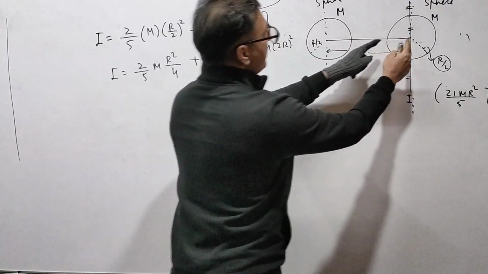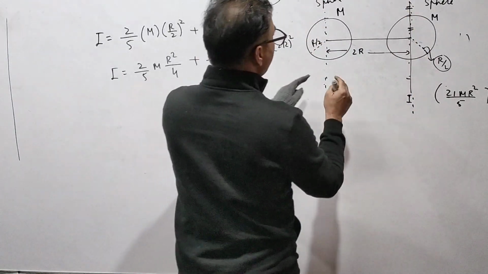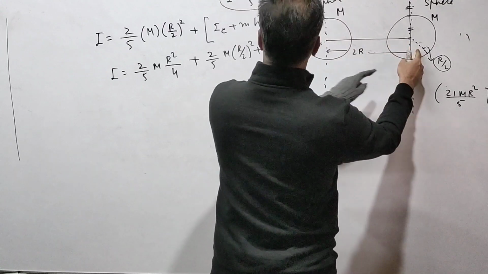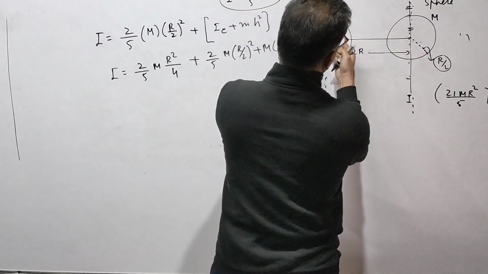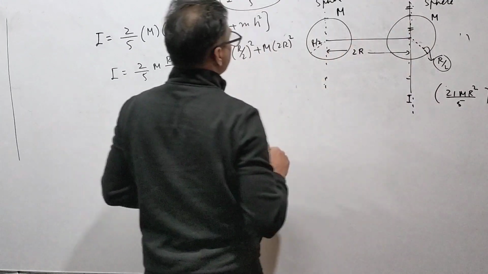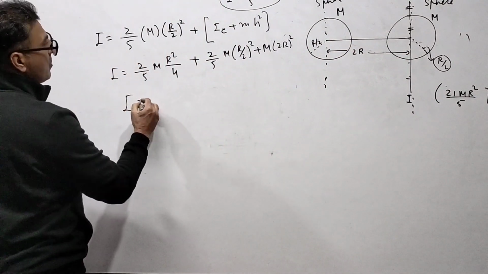Moment of inertia of this sphere about this axis is this, but moment of inertia of this sphere about this axis is IC plus mh square. इसका निकालना पड़ेगा इस axis के about. So what is this? I is equal to,